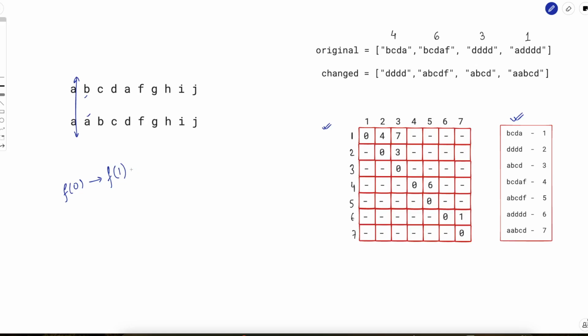So where can you go? You have to transform. So can you transform b? Again, b is not present here, so you can't transform b. Can you transform bc? No, because it is not present here. bcd? No. bcda? Yes, bcda is present here, so you can transform bcda to something. Which thing do you want to transform bcda to? You want to transform bcda to abcd. So one value of f of 1 would be the shortest path to transform bcda to abcd,